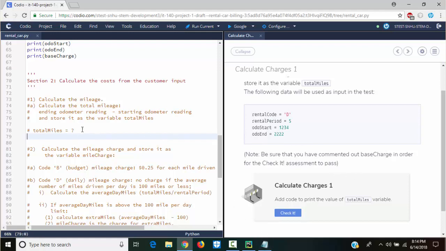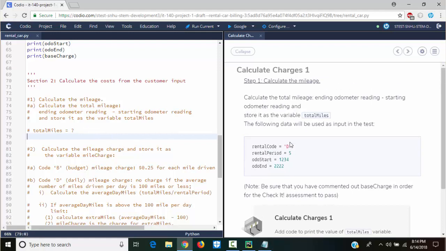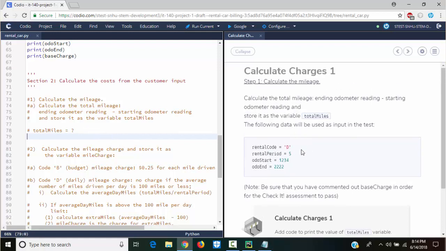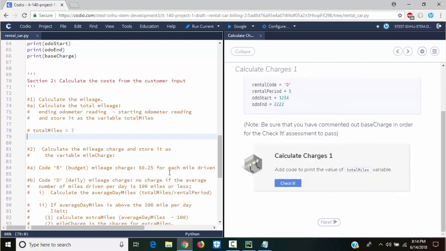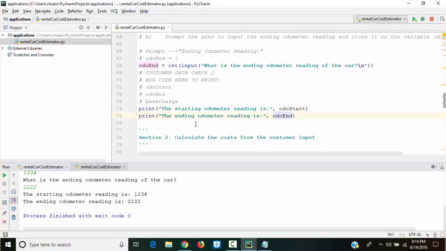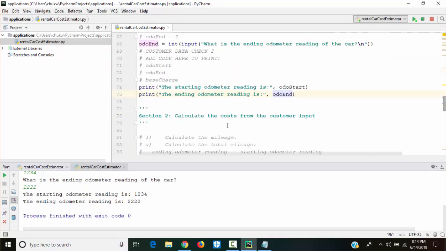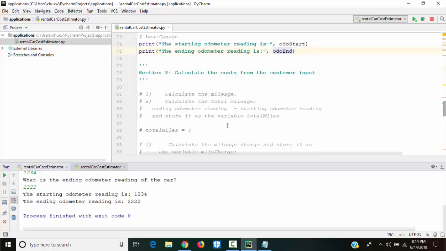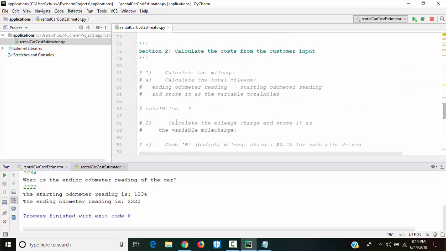Now they didn't ask us to print total miles, so we'll just write it. They didn't ask us to print total miles, so we just put total miles.